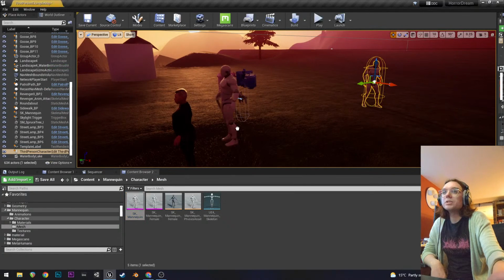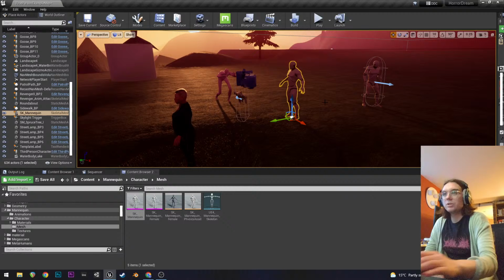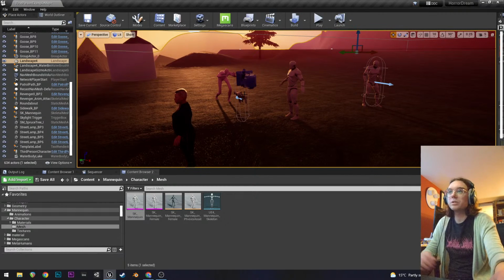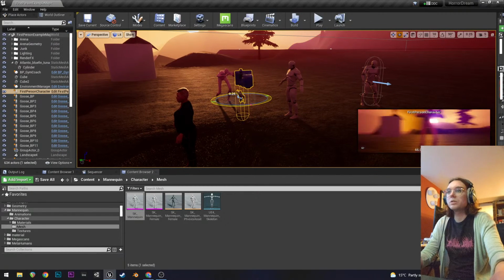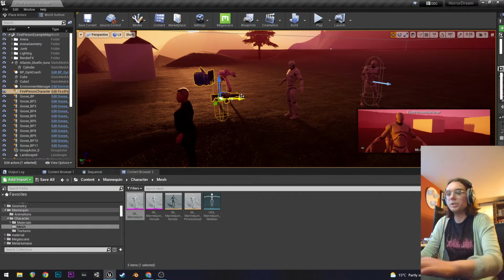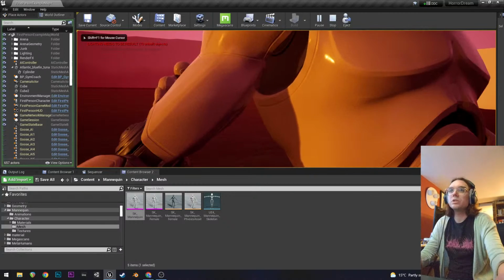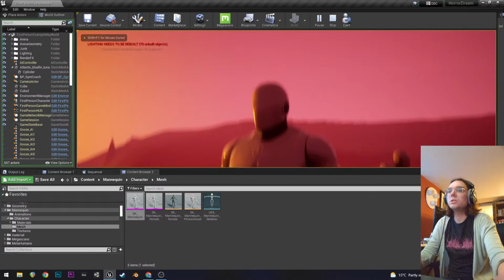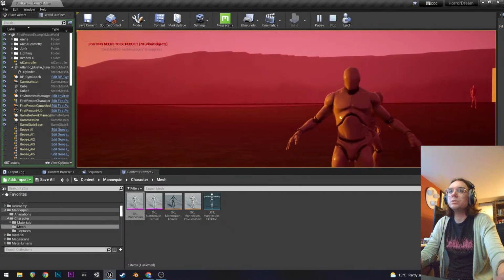Okay, yeah. So we have the skeleton right there. It's big. Why does that look so big? He's a big boy. Am I just small?